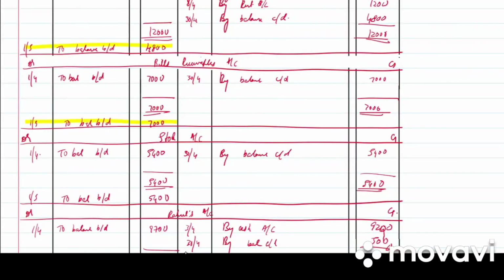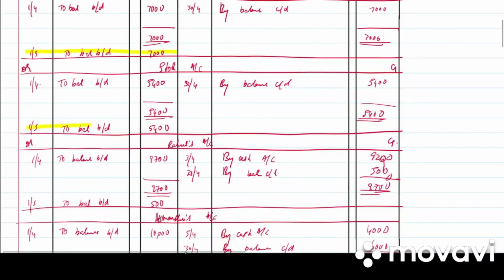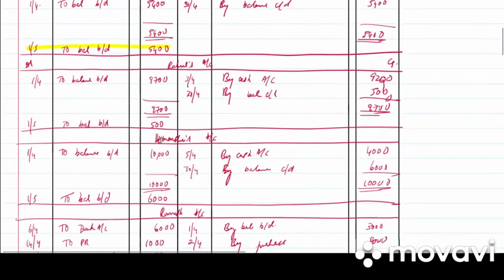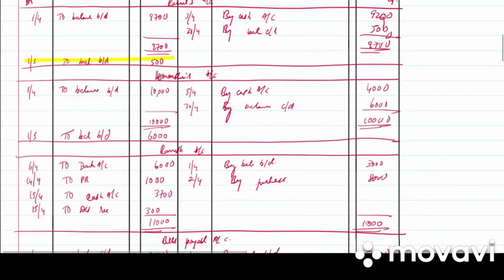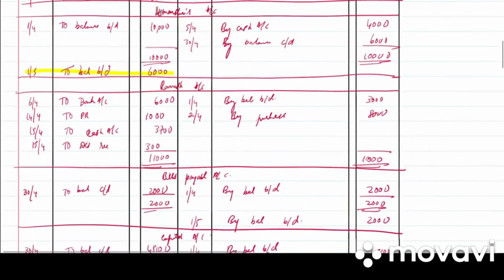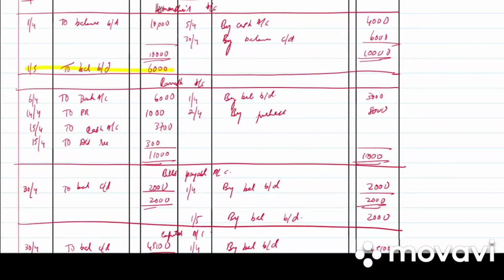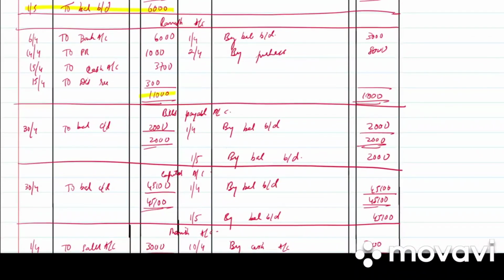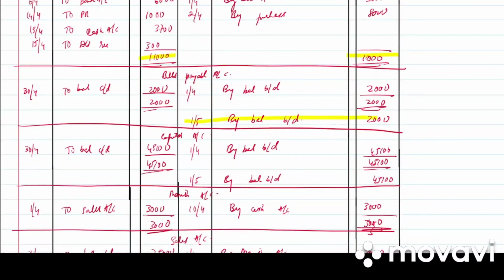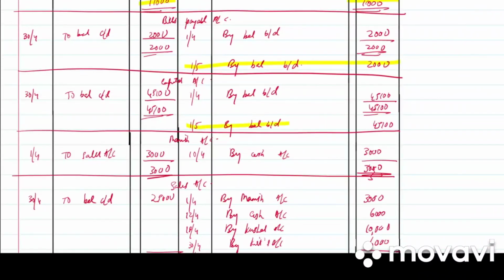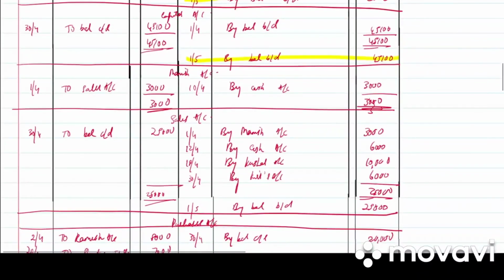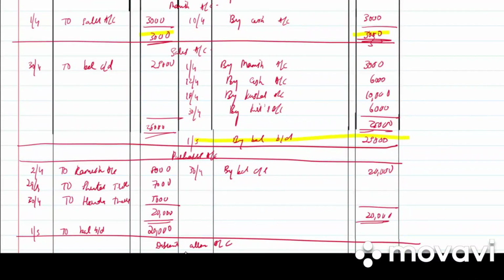Bills receivable has a debit balance of 7,000. Stock account has a debit balance of 5,400. So on 1st May, whichever side is the balance, that would decide your debit balance or credit balance. Rahul's account has a debit balance of 500. Himanshu has a debit balance of 6,000. Ramesh is equal, so no balance. Bills payable has a credit balance of 2,000. Capital account has a credit balance of 45,100. Manish, it is equal, so no balance. Sales account has a credit balance of